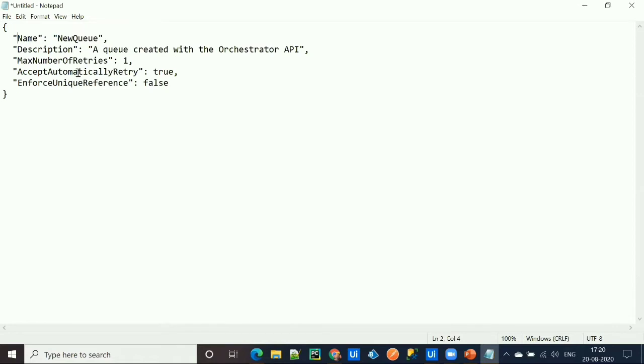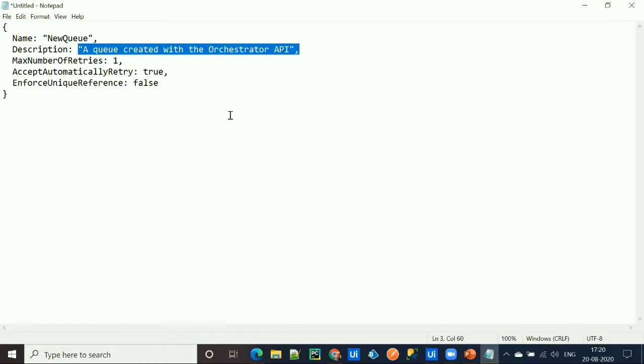To convert the JSON data into the string format, first we need to remove the double quotation marks from the keys of this JSON data. So let's do it. Then secondly, we have to replace the double quotation marks with single quotation marks for every value which is present in the JSON data. So this is one value, and this is the second value, and so on.